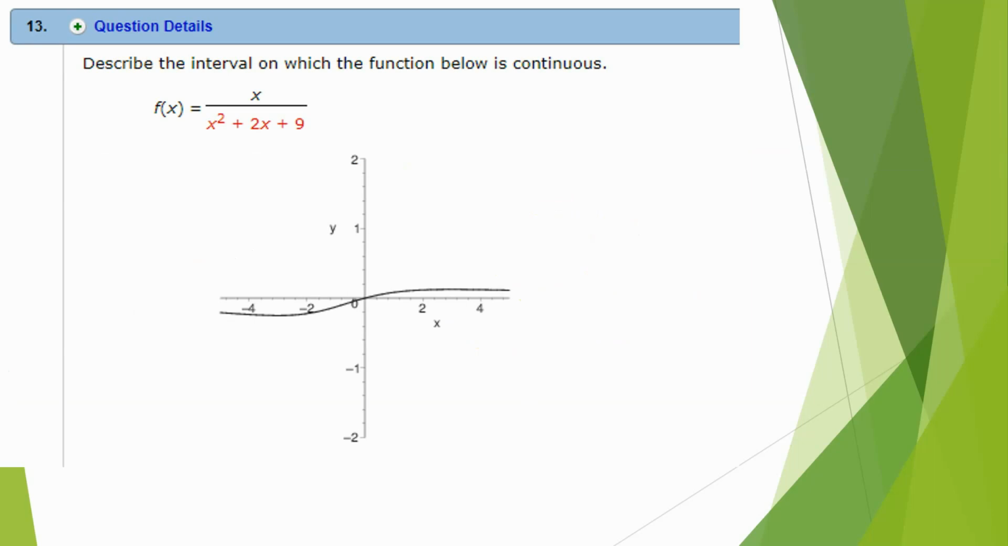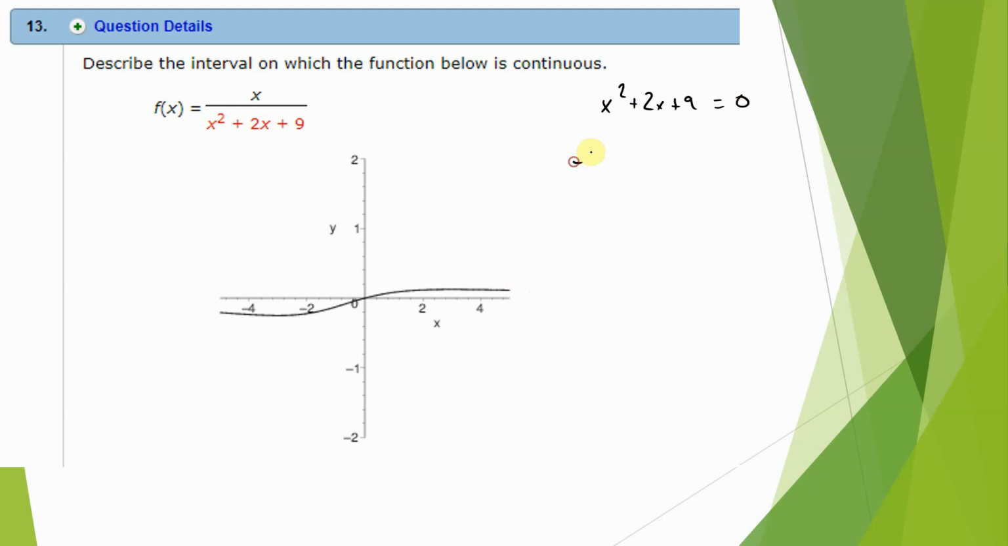Number 13, describe the interval on which the function below is continuous. So if you look at this, there are no holes anywhere. That means there's no real number where that bottom is equal to 0. Because what happens if I set that equal to 0? X squared plus 2x plus 9 equals 0. Well, I know I can't factor it. There are not two numbers that multiply together to be 9 and add to be 2, so I have to use